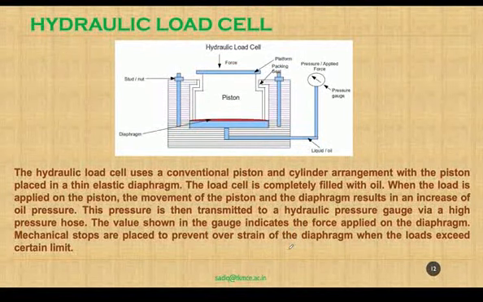Another kind of load cell is the hydraulic load cell. Hydraulic means are used to sense the strain or sense the load. The hydraulic load cell consists of a container. There will be fluid inside the container. On the top of the fluid, there will be a diaphragm, and the diaphragm is initially loaded with a piston. On the top of the piston, there is a facility to apply force. There are stoppers provided on the container also, so that even if the force applied is beyond a limit, the piston will go and stop here.